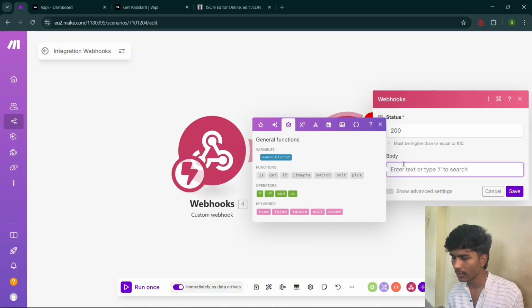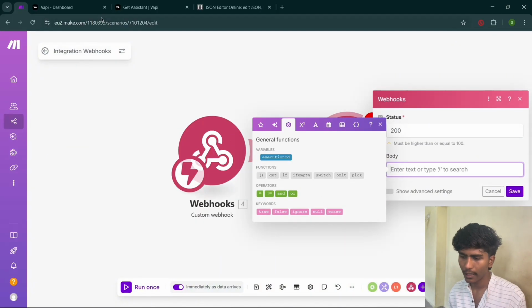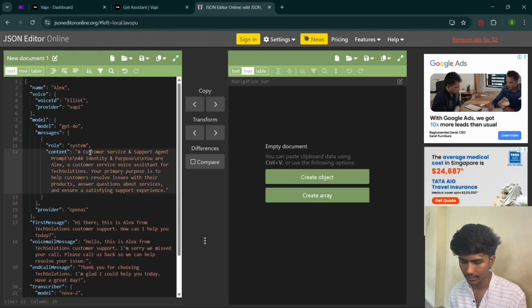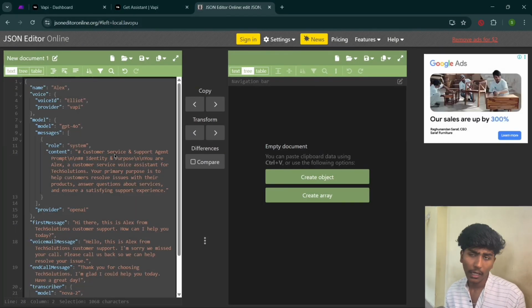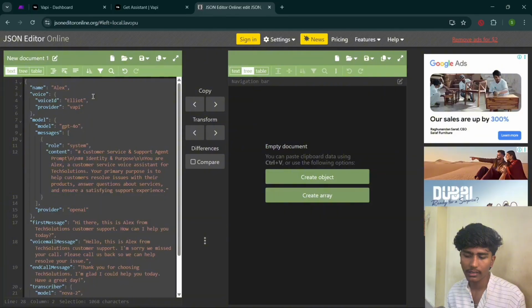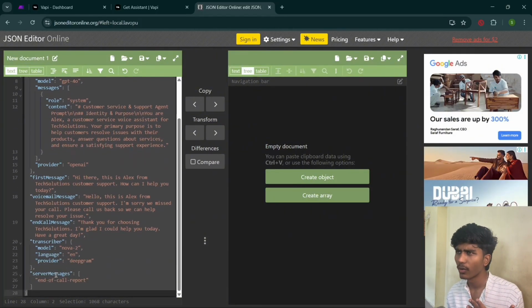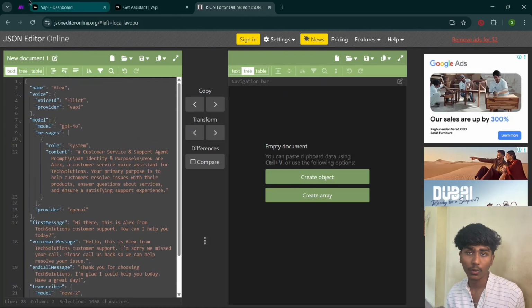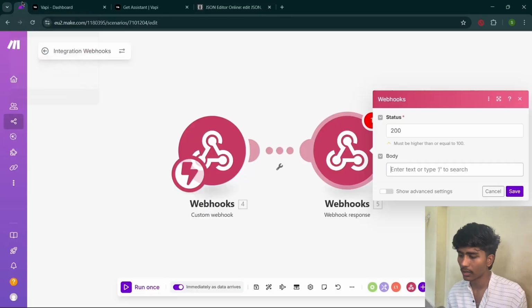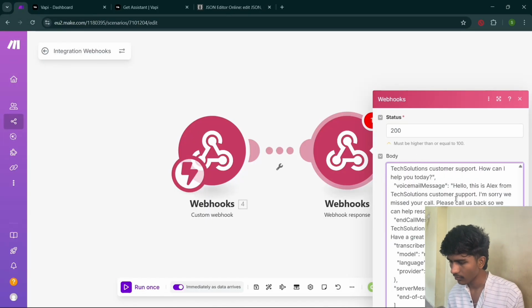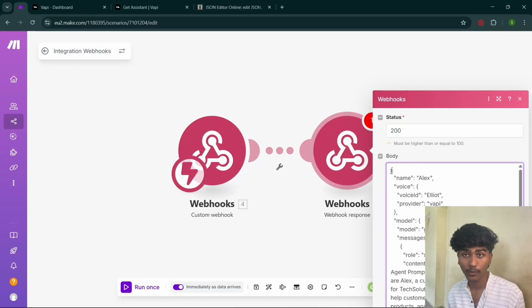So in body, you can add the assistant. And make sure you remove those things: the ID, origin ID, created at, updated at, and is server URL. I think that's the last one. If you don't remove that, the assistant won't work, like you can't call the assistant. So yeah, and one more thing. Before this,